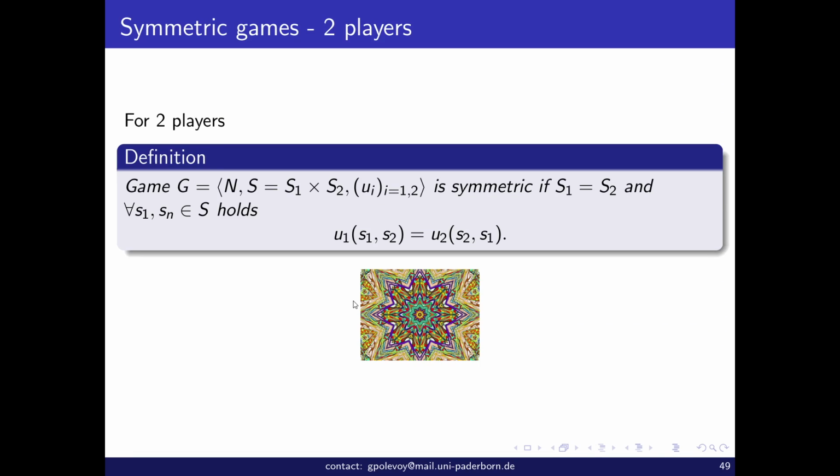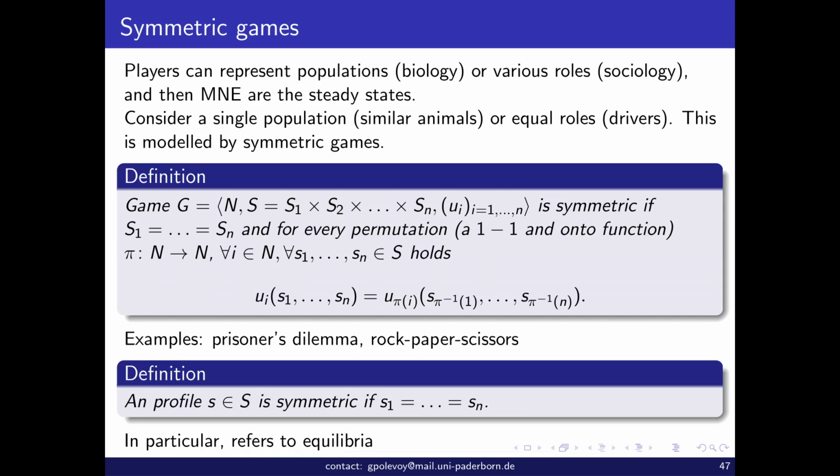So the utility of player 1 when they play S1 and S2 is the same as the utility of player 2 when they play S2 and S1. So when I play S1 and the other person plays S2, I get the same. It does not matter whether I am player 1 or player 2. That's what it means. Now for n players, the definition that I want to give is a bit different